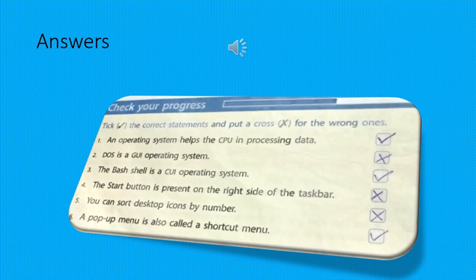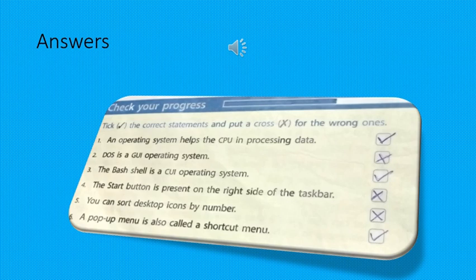Then we studied about the basic operations on the desktop, that is selecting and deselecting. To select an icon, click on it. To deselect an icon, click anywhere outside it. Moving an icon. To move an icon, drag and drop it. To arrange the desktop icons, right click on the blank area of the desktop, then place the mouse pointer on view and click on auto arrange icons. Otherwise you can use drag and drop method to arrange desktop icons.